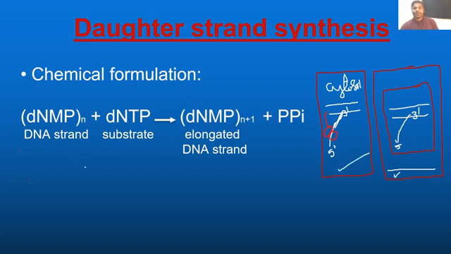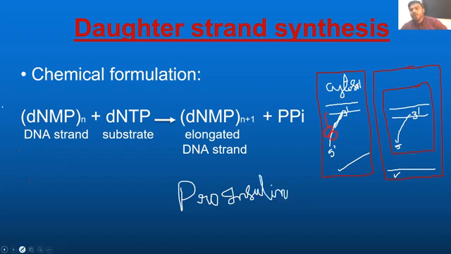And one more important point. See, friends, finally the process of translation occurred. Done. We produced the protein also. There is no doubt about it. And friends, that protein is also not biologically active. Let's take an example. When insulin is synthesized, you call it pro-insulin. Why do you call it pro-insulin? Because it is not active, it's not matured. Same way, whatever protein is synthesized is not an active protein.